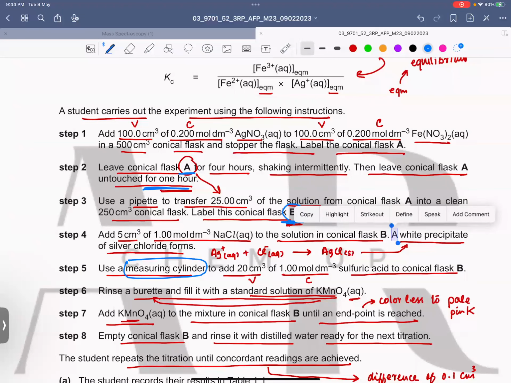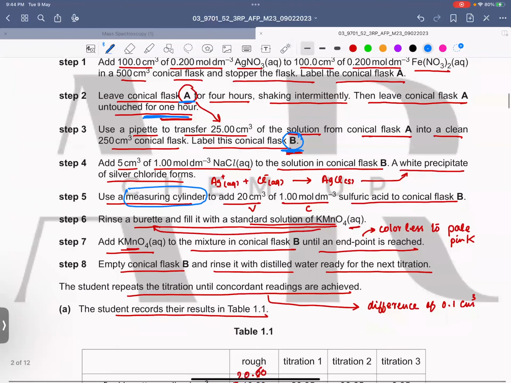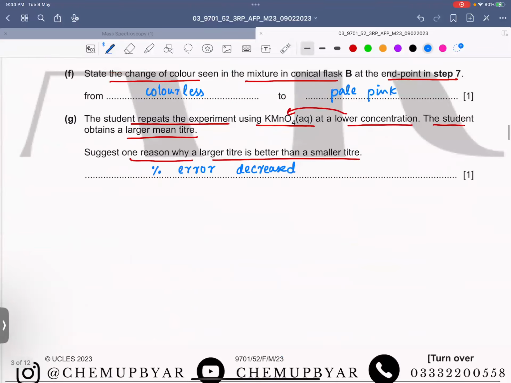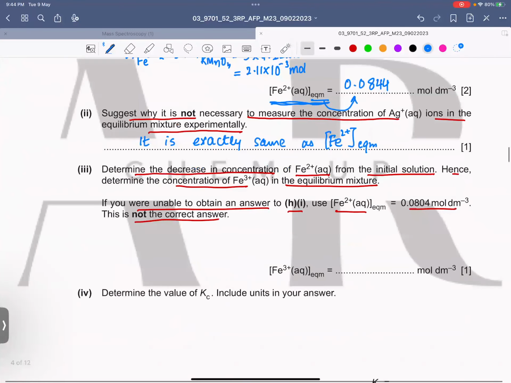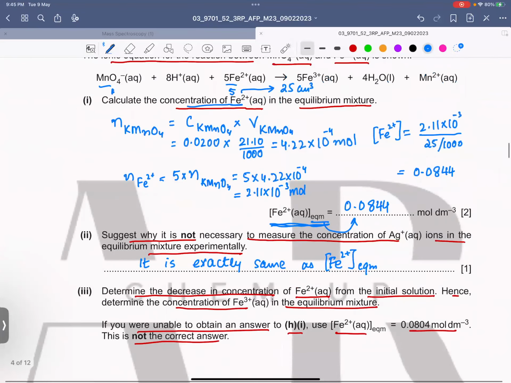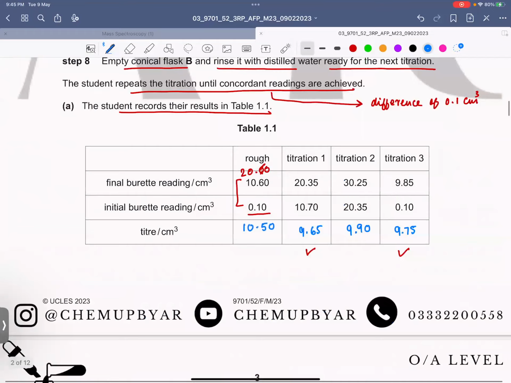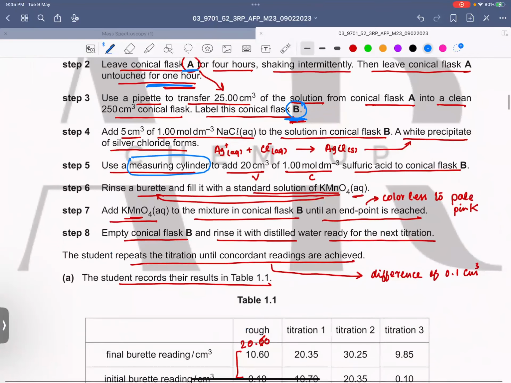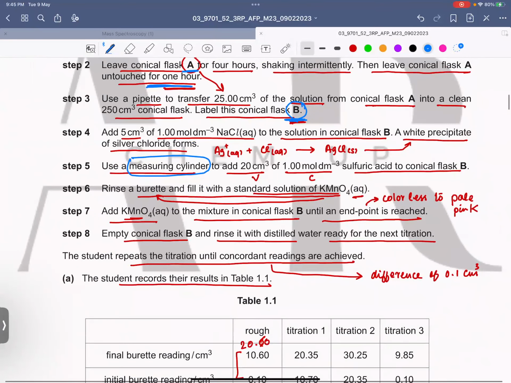So what is the initial concentration of iron? 0.2. Okay. So how will we find the concentration change? This question is a little tricky over here, because if you see over here,